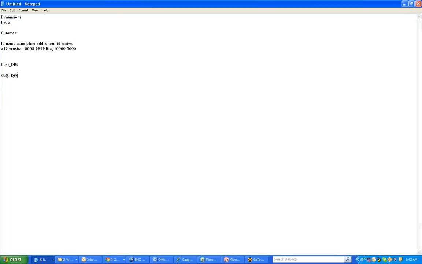Then ID, the name. This will be an auto increment primary key. We call it a surrogate key. So we will be generating it through Informatica.